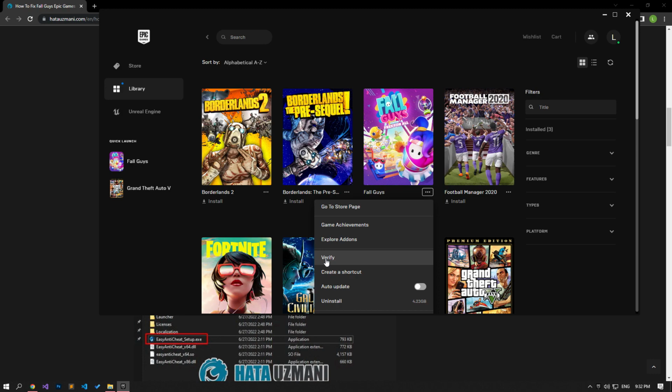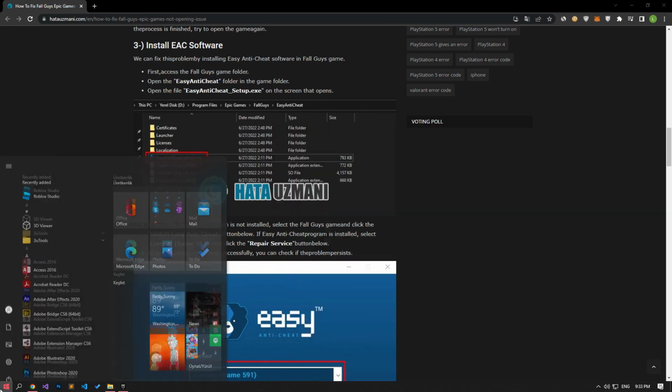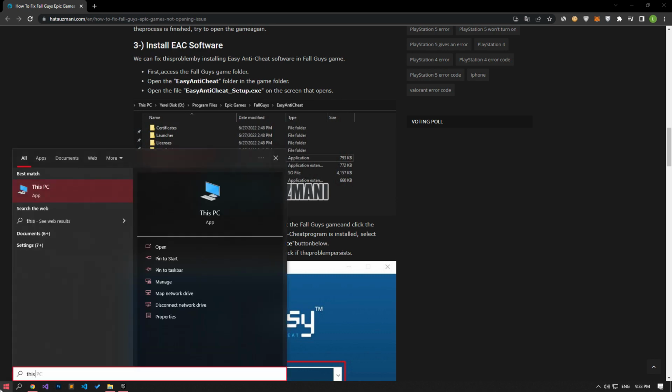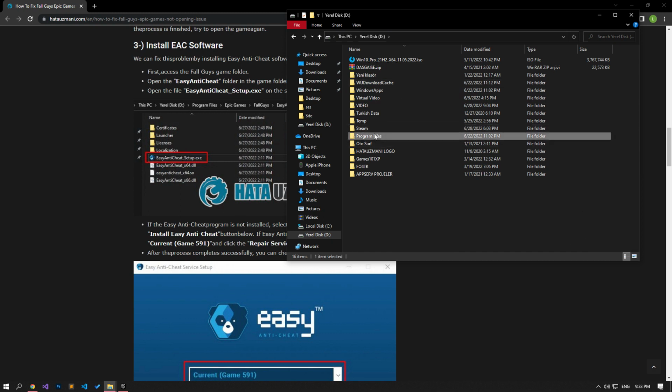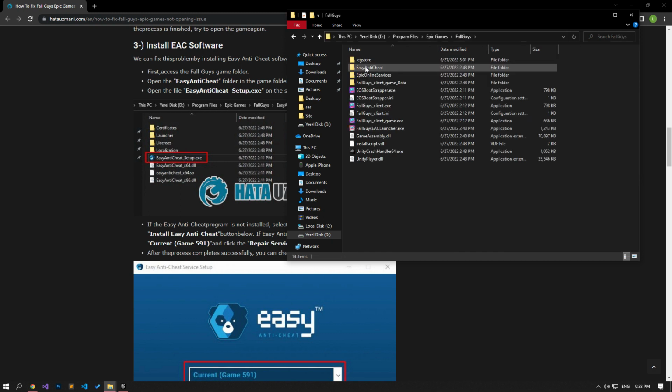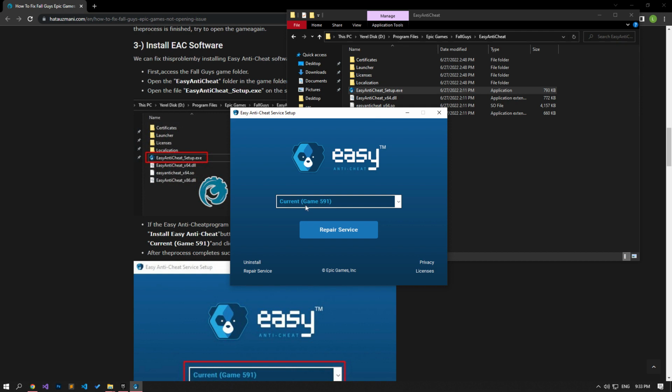We can fix this problem by installing Easy Anti-Cheat software in Fall Guys. First, access the Fall Guys game folder. Open the Easy Anti-Cheat folder in the game folder. Open the Easy Anti-Cheat Setup file on the screen that opens by double-clicking it. If the Easy Anti-Cheat program is not installed, select the Fall Guys game and click the Install Easy Anti-Cheat button